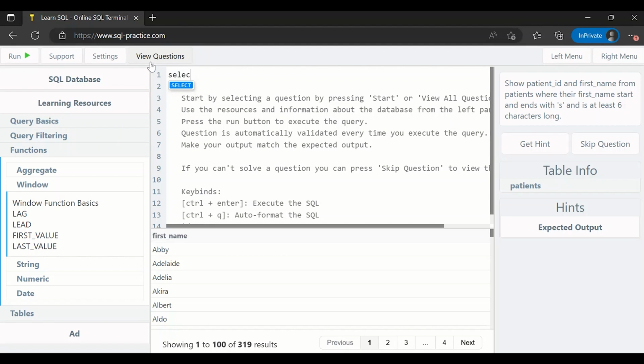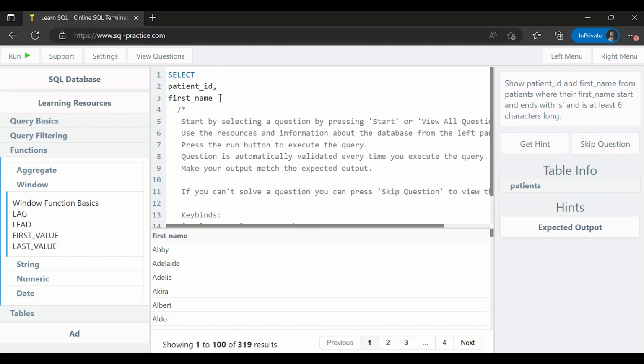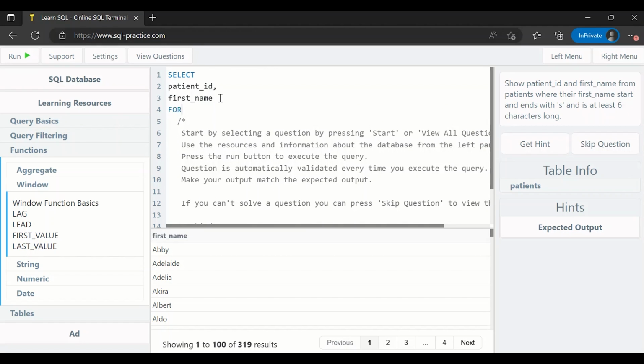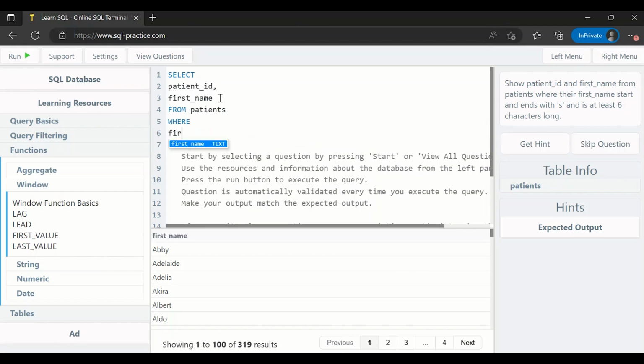So it should be SELECT patient ID. I want to select patient ID. Then I have to select first name, right? I can easily make it like this to make it more readable. Select first name and patient ID from the patients table where first name LIKE